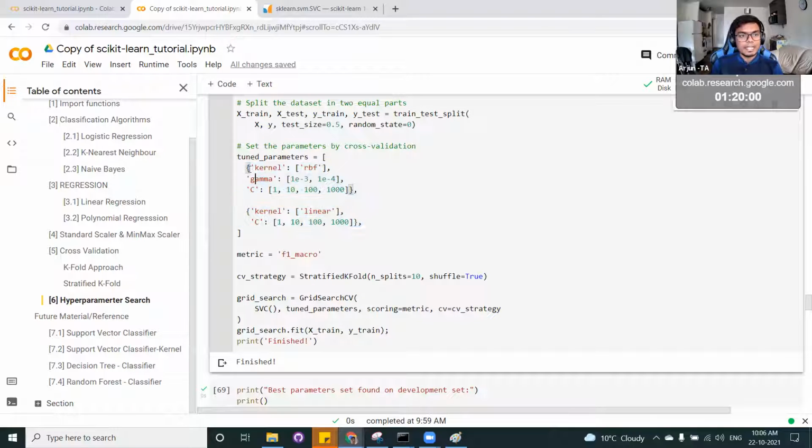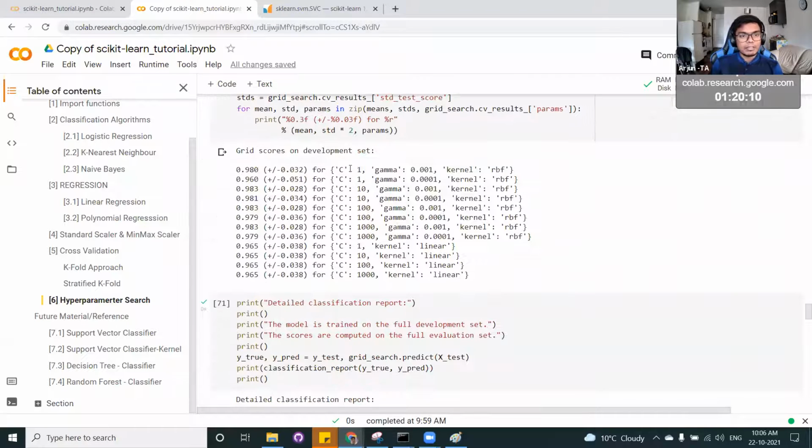So just think of it in a way like in a dictionary, you can pass it as a list of values. With all different combinations, it will try to run with, okay, when C equal to 1, and then different gamma values with the RBF kernel and with different values. It essentially runs on all different combinations, and it also produces the classification report, and then it gets the better hyperparameter value.